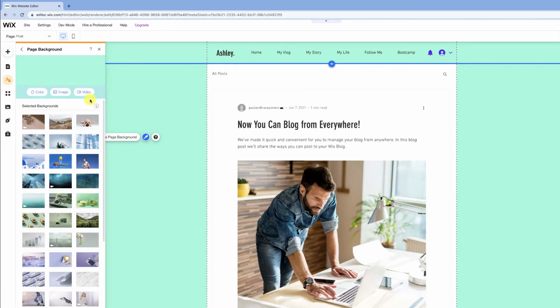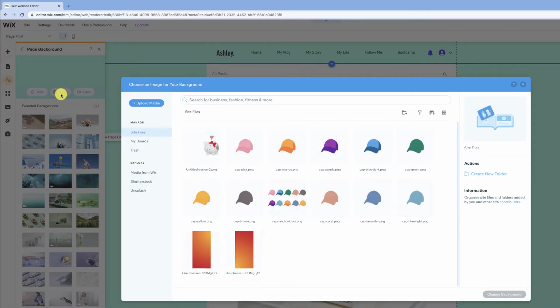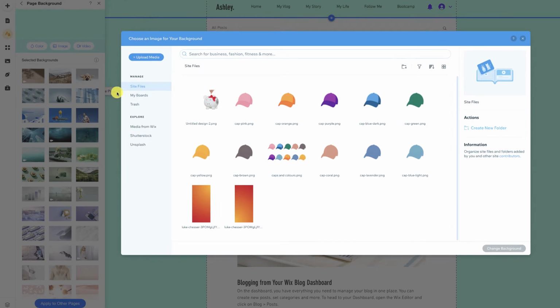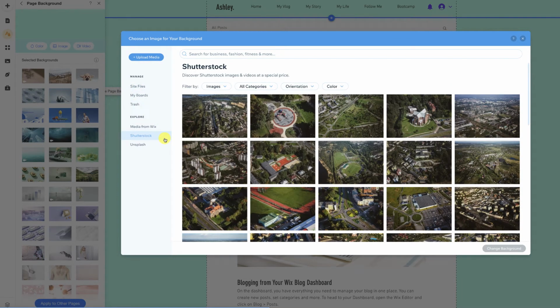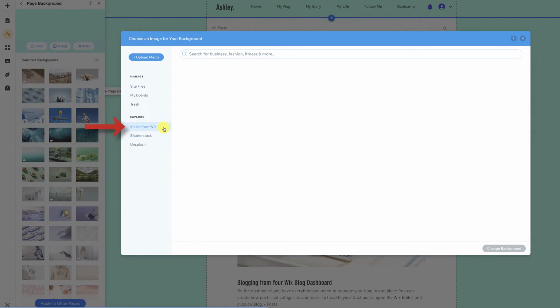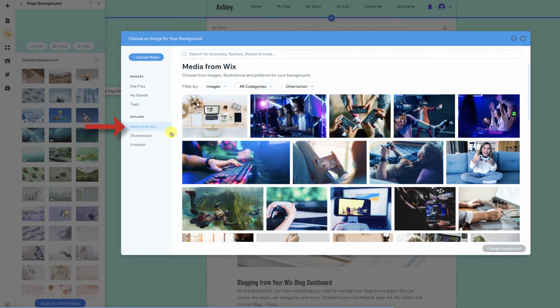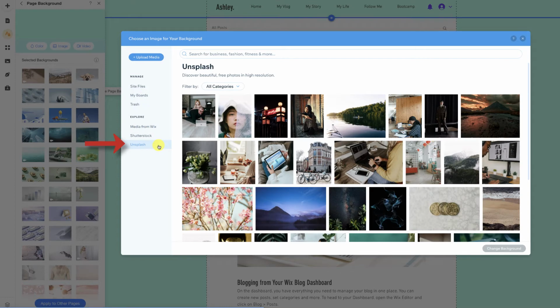You also have the option to use an image. Click on Image. You can choose to upload your own image here, pay for a premium image from Shutterstock, or select a free image from Wix or Unsplash. Search for designs here.